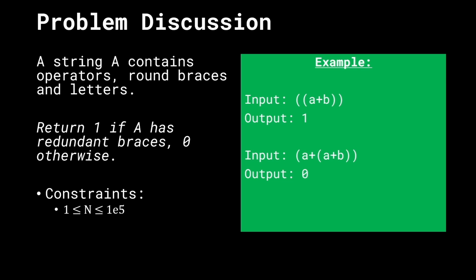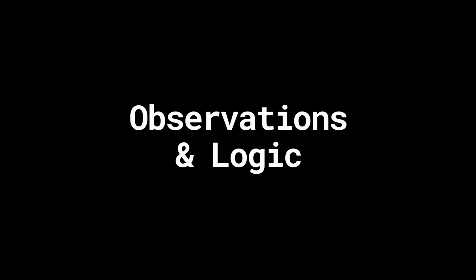All right, so let's go ahead and take a look at some examples. How do they find redundant? In the first case, we have a redundant brace because we have two sets of round brackets wrapping the A plus B when we only ever need one. In the second case, we see that there are no redundant brackets because we're going to make use of every single one of them. So let's take a look at some observations and logic from the test